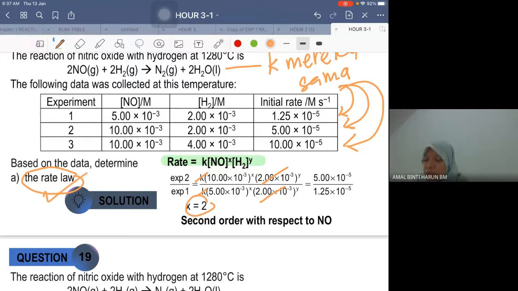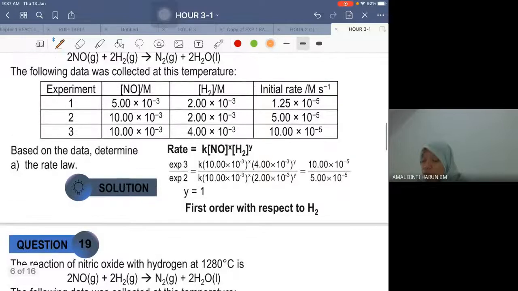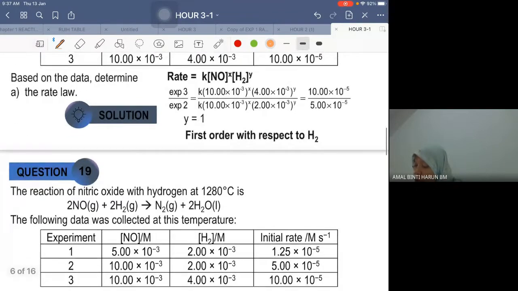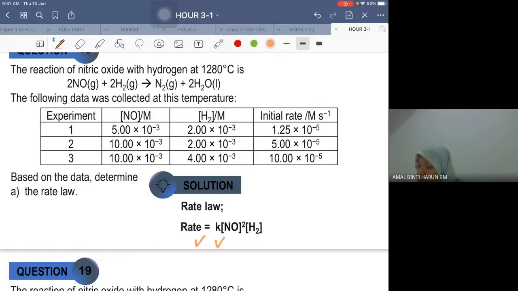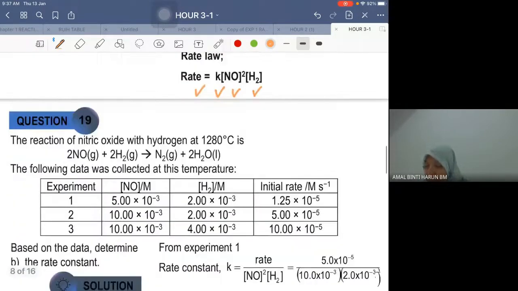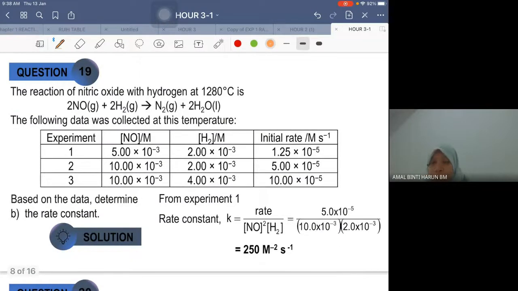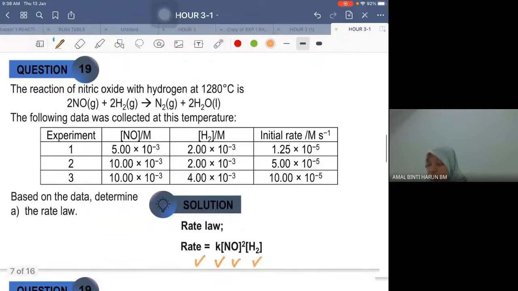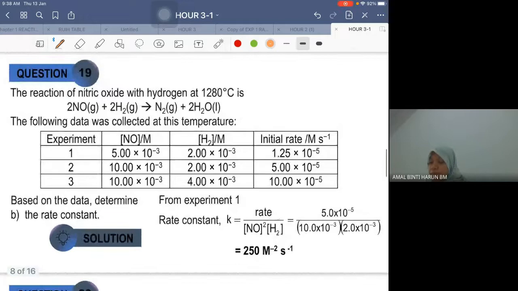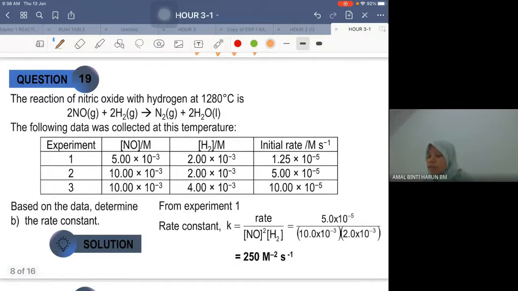So remember, soalan tanya what is the rate law? Bila dapat first order with respect to hydrogen, second order with respect to NO, rewrite your rate law, which is rate equal to K concentration NO power of 2, second order, concentration hydrogen, first order. Any question? 18. So benda ni dia tak hafal tapi kita fahamlah method dia macam mana dan apa yang dia buat sebenarnya. 19. The reaction of nitric oxide with hydrogen ni